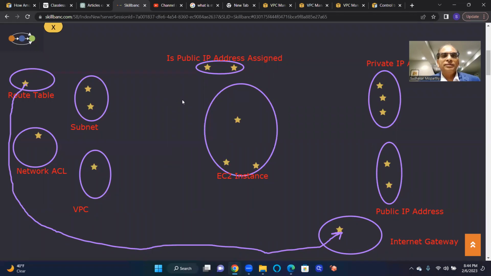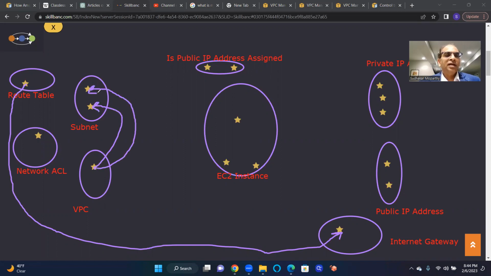Okay, so say you are launching EC2 instances. You've got 3 machines, and obviously they have to be part of your VPC. So you have one VPC, and let's say you have 2 subnets. A VPC can have 1 or more subnets, and this machine is launched in this subnet, and this subnet,